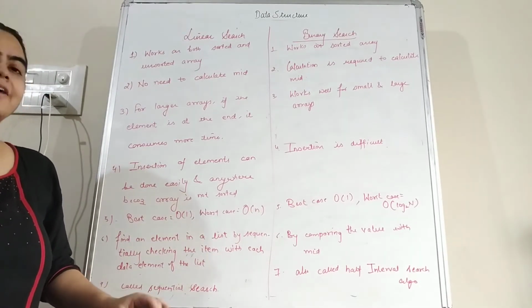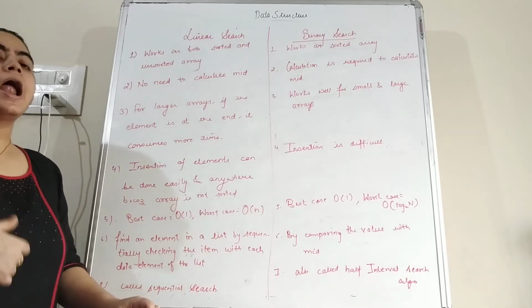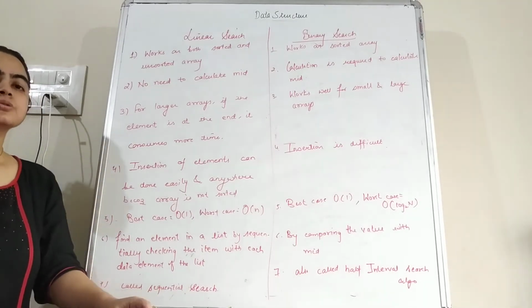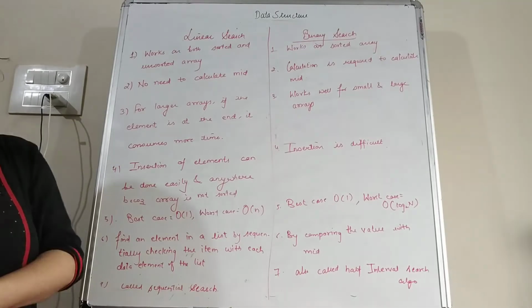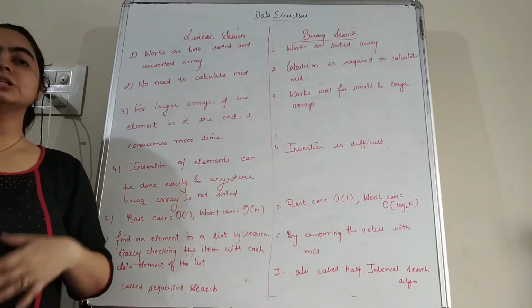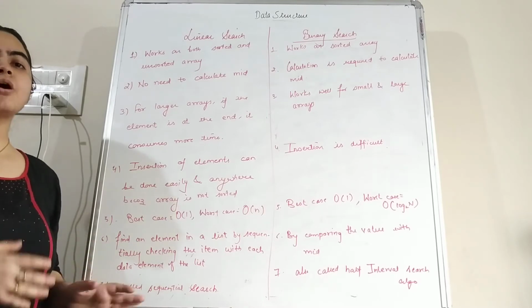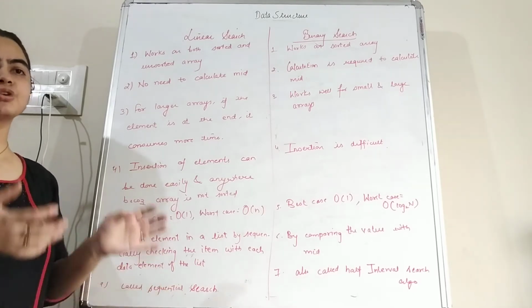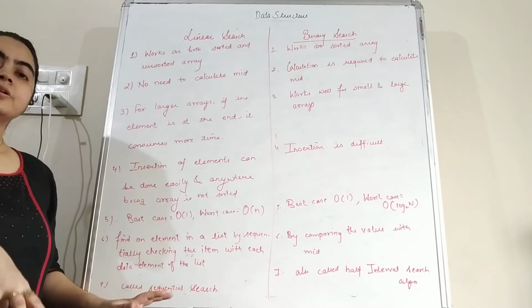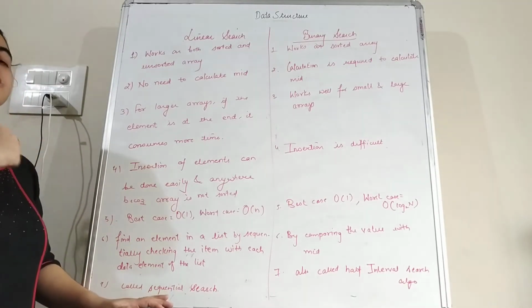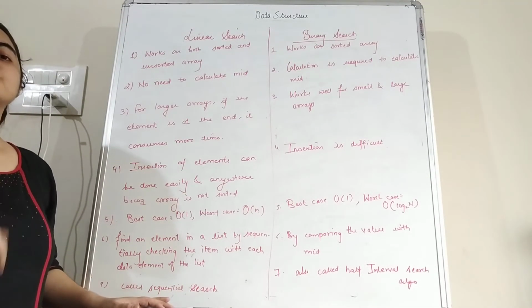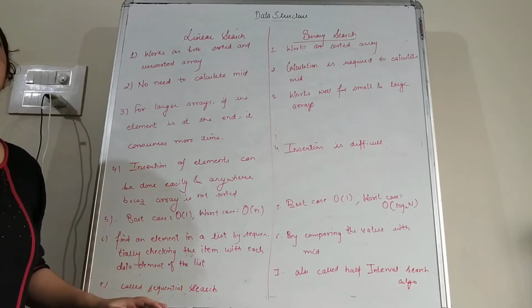For example, we have an array with 1000 elements, and the element which we are going to search is at the 1000th location. So in case of the linear search, there is a sequential order. That means we have to start the comparison of the item which we are going to search with all the data elements from the first location. So for the 1000th element we have to do the comparison 1000 times.